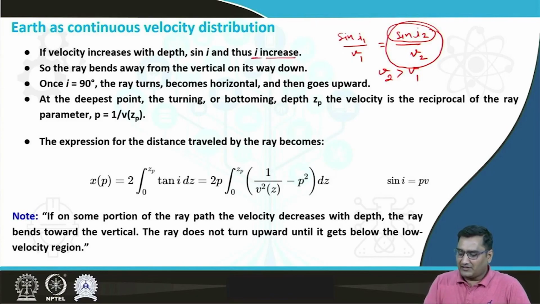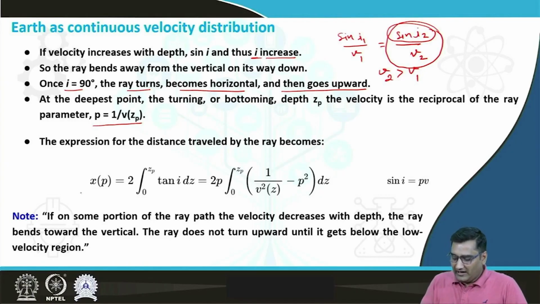So the ray bends away from the vertical on its way down. Once i is equal to 90 degrees, that means at the depth where the ray is bottoming out, the ray turns, becomes horizontal and then goes upward. At the deepest point, the ray parameter will be equal to 1/Vp, or you can say 1/Vzp. The expression for the distance traveled by the ray can be written as